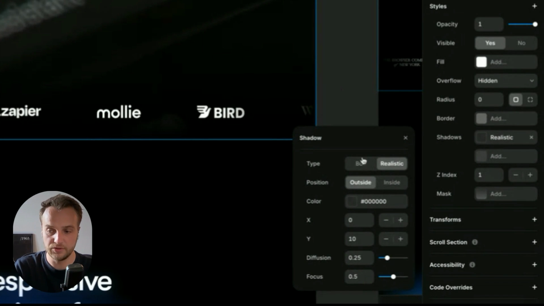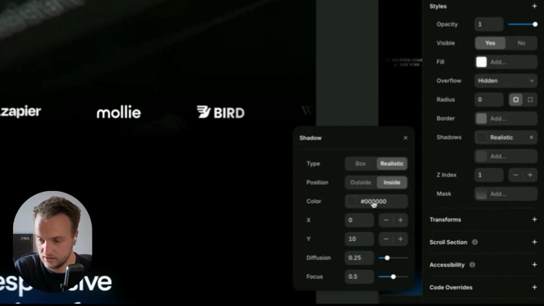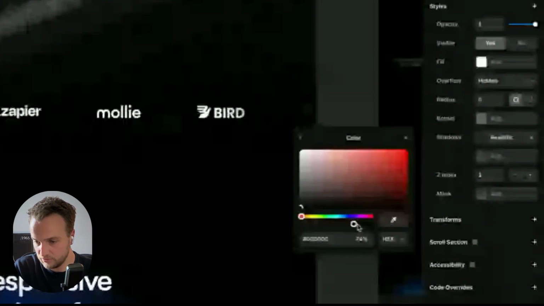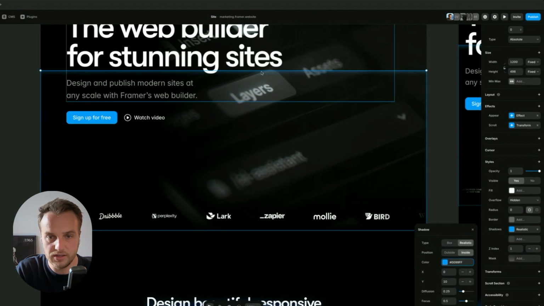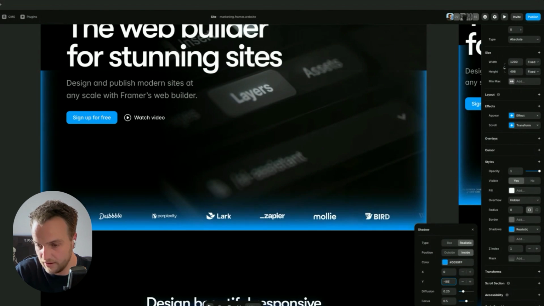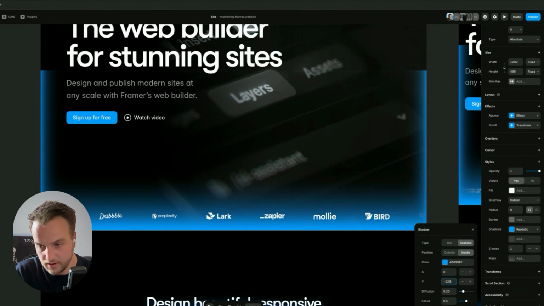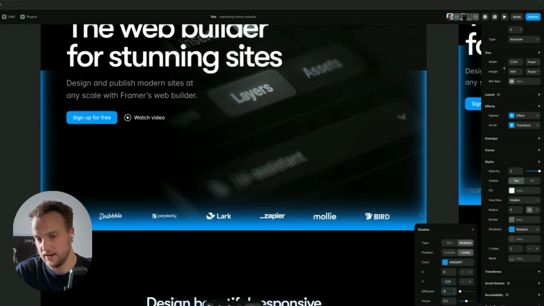But you can do some really interesting stuff with this. You can also create a weird glowy effect if you set it as an inner shadow. So I went, what if I set an inner shadow, make it that Framer blue, which is near 09F. You can already see it show up at the top, but then I set the Y value to really high, which creates this upward glowing thing. And you can play with diffusion, to make it a little more spread out.